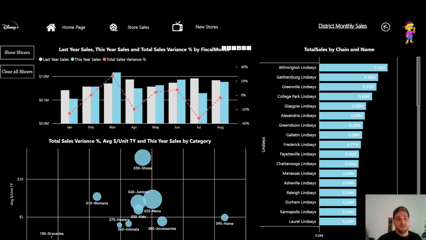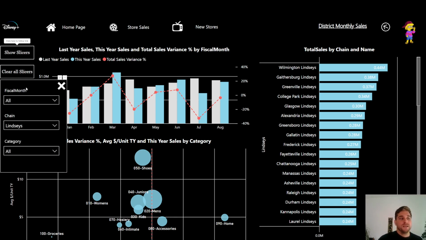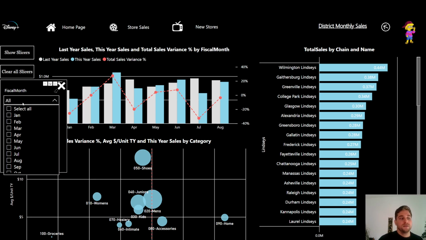We already could see the history, the forecasting and so on. And we could see the variance between this year and the last year. We could see that this information is more detailed than what we discovered before. And there are also more options for navigation. We can already select the fiscal months.